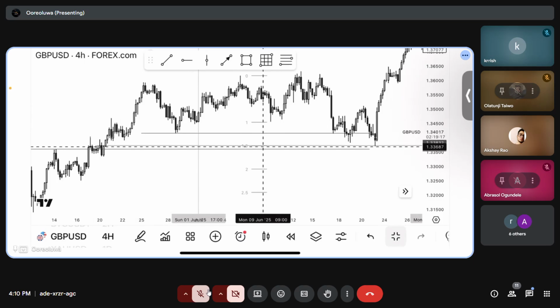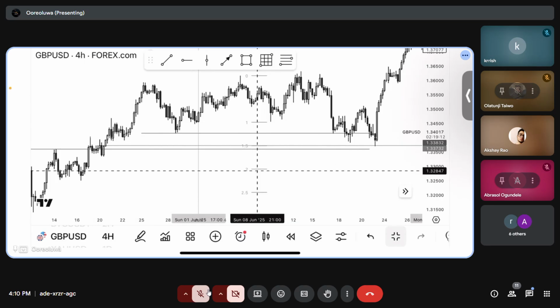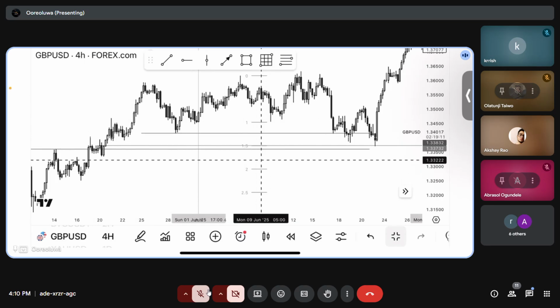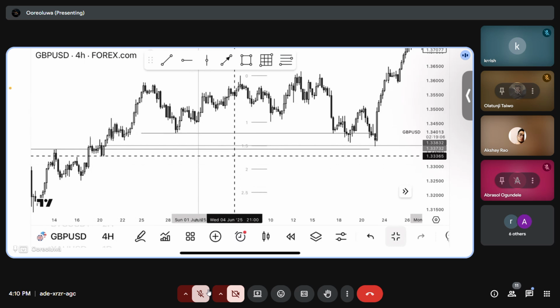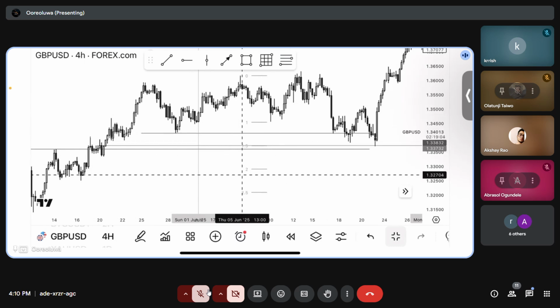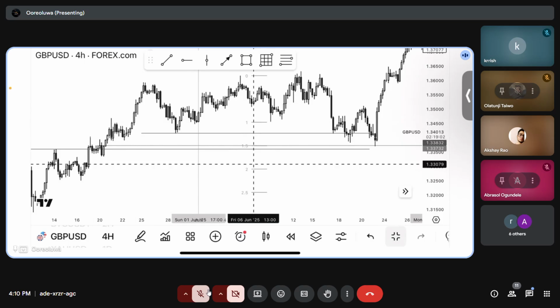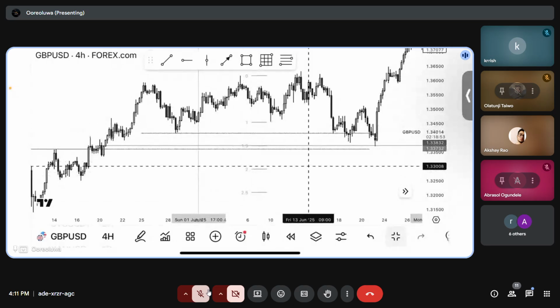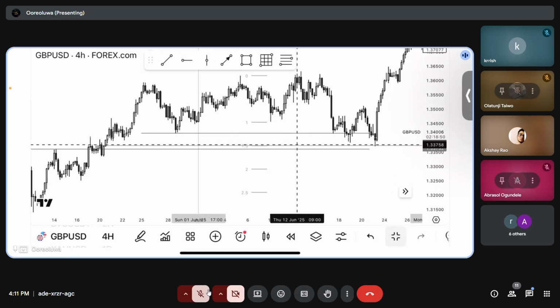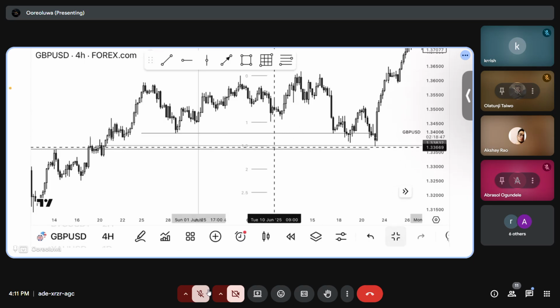This 1.5. All right. Either one or two forms the high and low of every month. Ideally, I'm not saying you should take it as a pattern. So you only want to focus on the one and two. It might bounce into 2.5, but from 1 to 2 you expect the high or low of any higher time frame candle, or let me say the monthly, the weekly and the daily, to form.